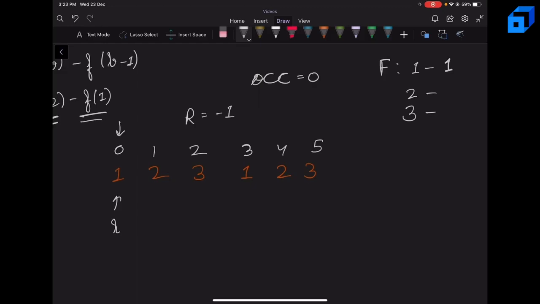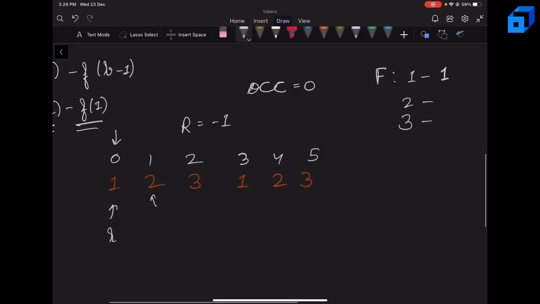Now we want to check if we can take the next element, which is 2. Since the frequency of 2 is currently 0, we can actually take 2, because taking 2 won't change the value of occurrence, and we want the value of occurrence to not exceed 2, because 2 is the maximum limit, since we are finding f of 2. So we can actually take it as well. So we'll increment our right pointer now, and also increment the frequency of 2, because now the frequency of 2 is 1.